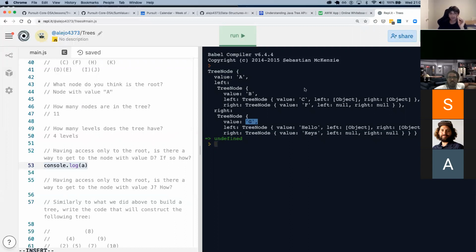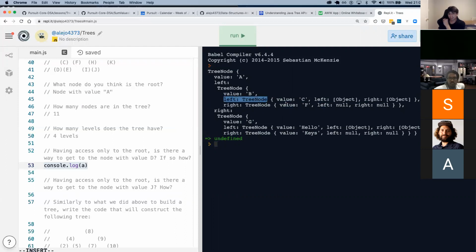Console log each key of the first node, and it sees that the left key is another object, so it's going to go into that object and console log each key of that other object, which is B. And then it happens the same, and you can see where it gives up. It gives up at about 5 levels deep. So because it goes onto B, and it has to console log each key of B,